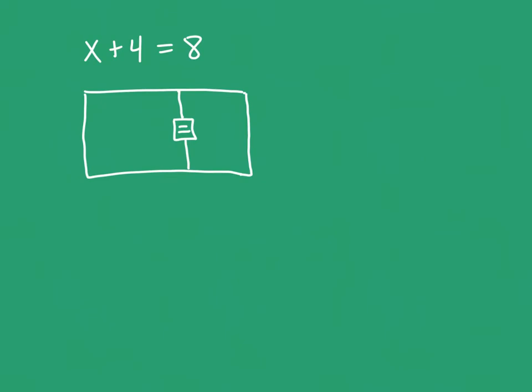Okay, so here's a new equation. This is x plus 4 equals 8. So we are going to model on the left side of the equation, or the left side of our mat, an x and 4 ones. And on the right side, we're going to put 8 ones. So I will do that now. There's an x. This one long bar represents one x, which is all I have there right now. Now I will do 4 ones. So here I've represented x plus 4 more. Now I will put 8 over here. Okay, so there it is modeled. X plus 4 equals 8.